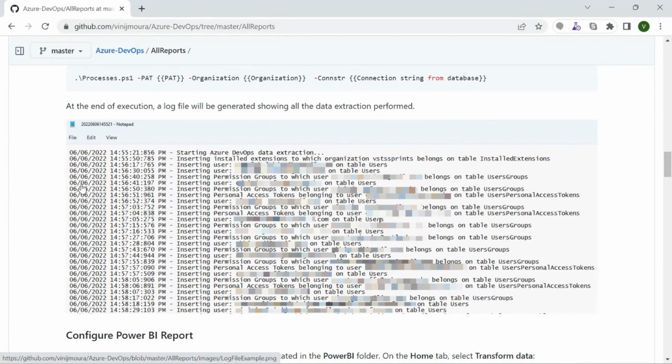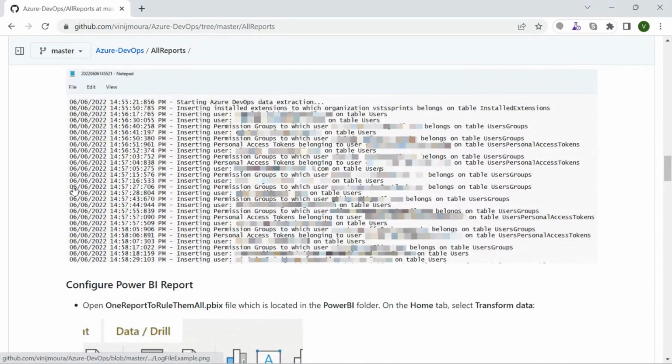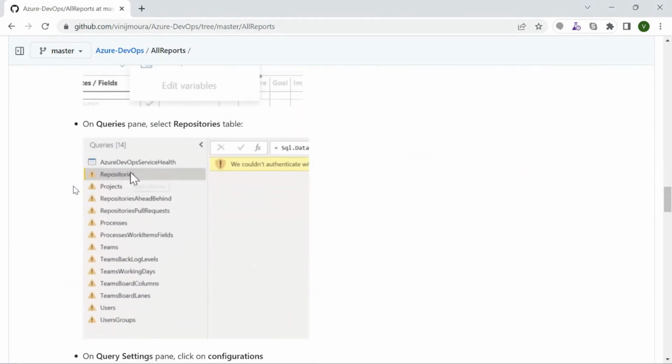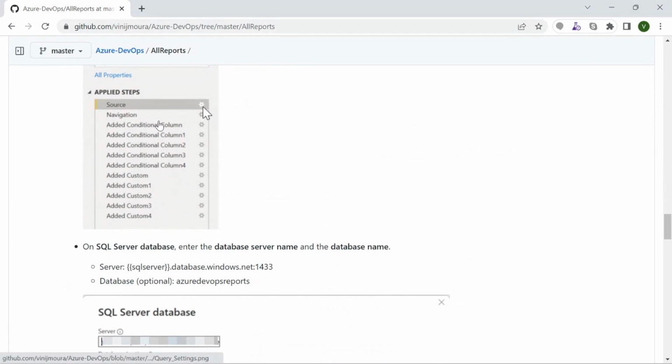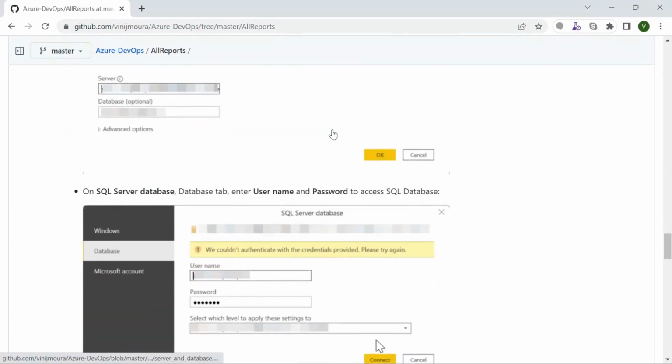I create a log for each execution. Okay, and here I connect Power BI. The Power BI is included in the solution. Of course, you need to connect your respective database and change the data source on Power BI. It's normal on different Power BI executions. You need to connect your data source here.